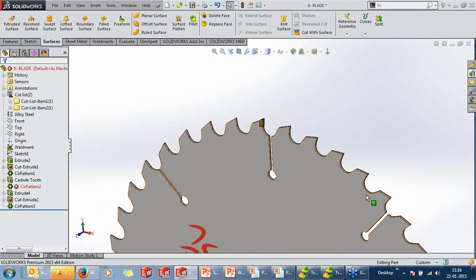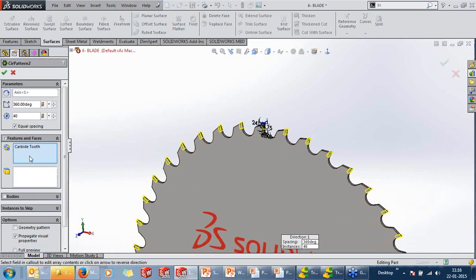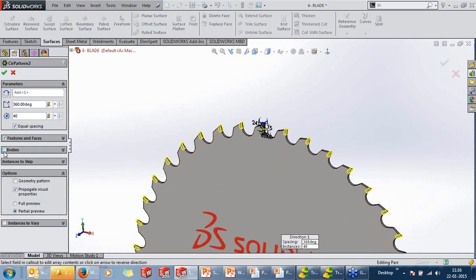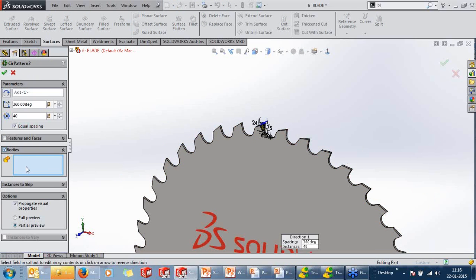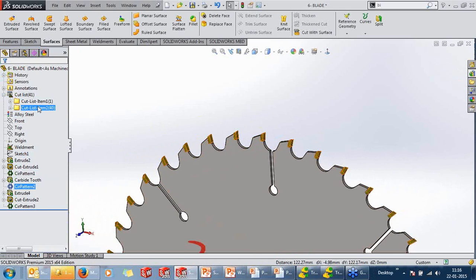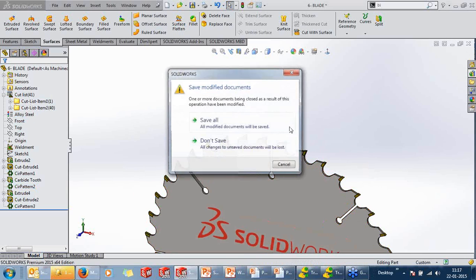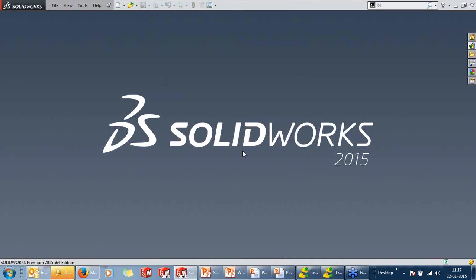The pattern fails again, so this also can be easily taken care of. You can now switch from feature pattern to body pattern in a single click. SolidWorks will automatically calculate between the two bodies. Now we have a blade and 40 inserts. So this helps you a lot during your design.